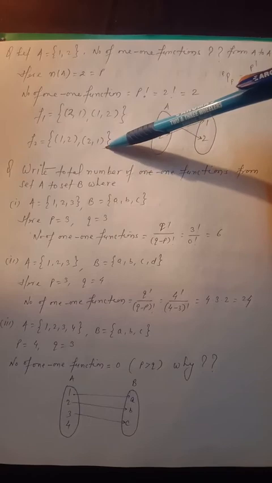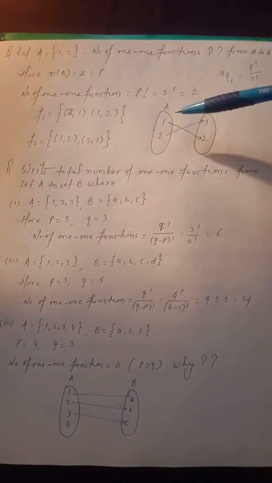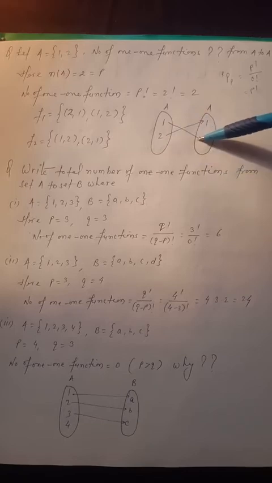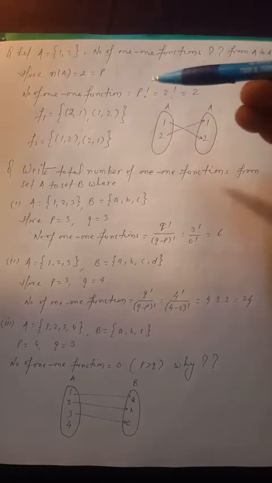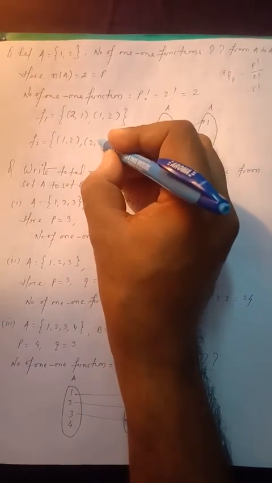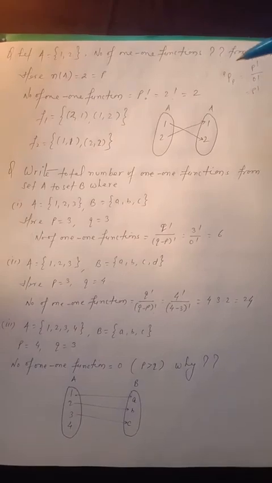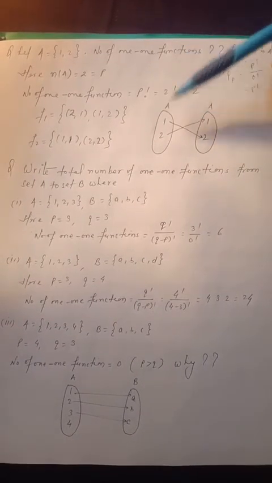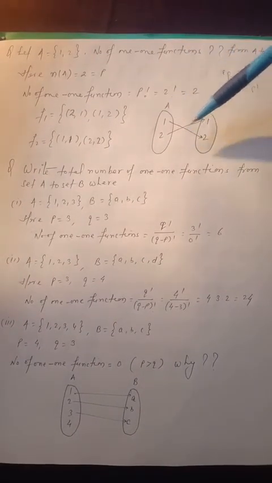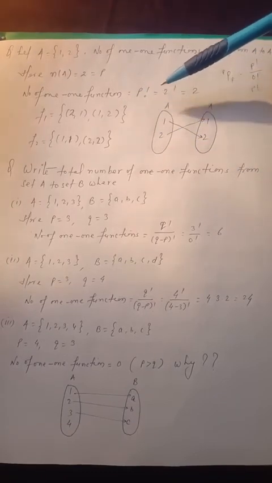So we have already taken that, sorry for this. The second possibility is that 2 belongs to 2 and 1 belongs to 1. Now make some changes. 2 belongs to 2 and 1 belongs to 1. So in this case also this is a 1-1 function, that 1 belongs to 1 and 2 belongs to 2. So the number of 1-1 functions is 2.